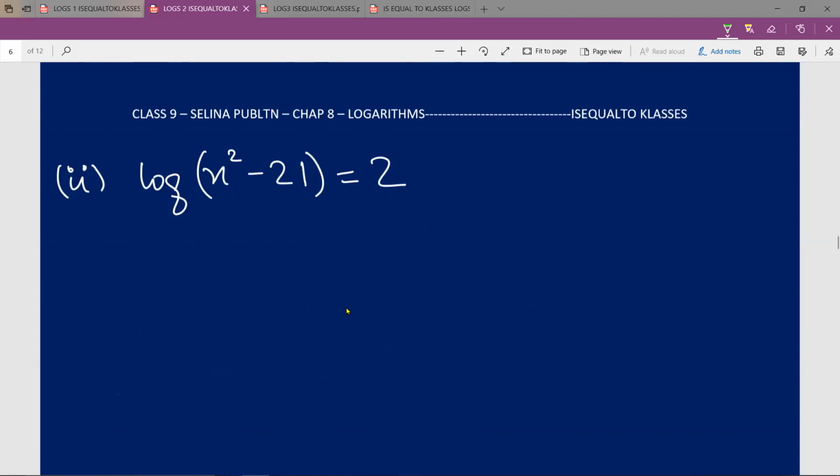Now moving on to the second subpart. Log of x square minus 21 to the base. Now there's no base mentioned here. And in my previous videos, I have mentioned that if there's no base mentioned in logarithmic questions, we could assume it to be 10. So 10 raised to the power 2 is equal to x square minus 21. As I've said, in each of these subparts, the main question is mentioned in the log form. And whatever steps I'm about to do, I'll convert the log form into the exponential form and solve ahead. 10 square can be written as 100 is equal to x square minus 21.